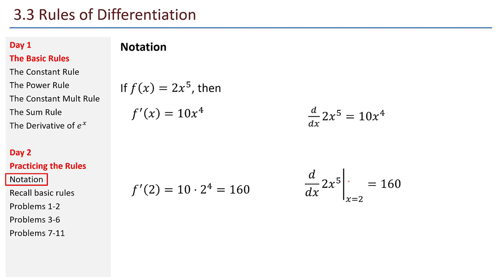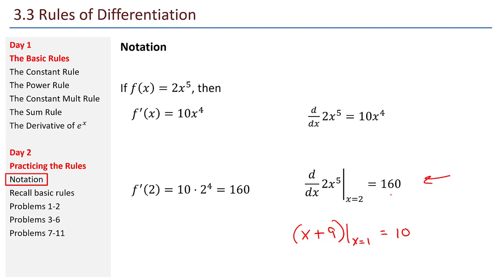Well, we use this vertical bar subscript x equals 2, and that means evaluate the expression at x equals 2. The vertical bar isn't just for derivatives. Even in general, if I have any kind of expression and I want to evaluate a variable in that expression at some point, I can do a vertical bar and a subscript, and so the expression x plus 9 evaluated at x equals 1 happens to be 10. The line above it, I would say the first derivative of 2x to the fifth evaluated at x equals 2